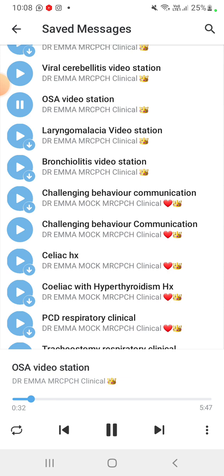So what is your diagnosis? It's maybe a case of obstructive sleep apnea. Obstructive sleep apnea, yes. And what are the differential diagnoses? The causes of it, the causes of sleep apnea, or differential diagnosis? Differential diagnosis, tell me. It's maybe due to adenotonsillar hypertrophy, obesity.